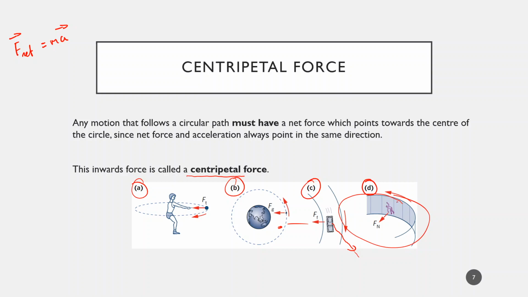All right. And what's going on there is because this person is confined in this cage and the cage is going in circular motion, then there must be some kind of force acting on this person to keep them in circular motion. And that force is the normal force, the contact force between the wall and the person. So the wall is exerting a force on the person towards the center of the circle over here somewhere, keeping